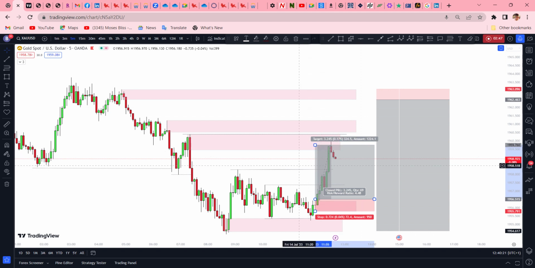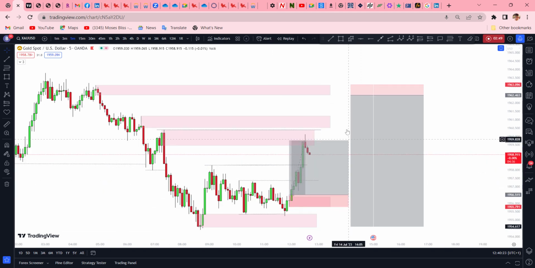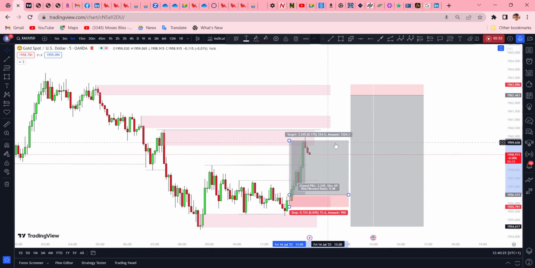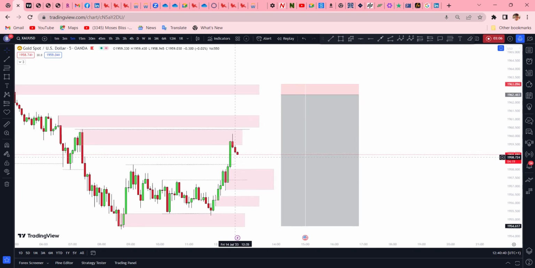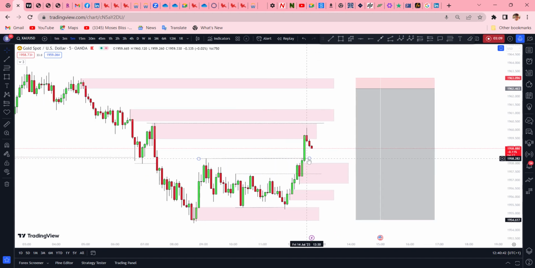So if you respect it and comes down to this point, so this was the cause of, okay, let me just delete this so you see clearly what I'm talking about. This was the cause of this break of structure. So now our entry is going to be off this candle, and when market comes there and mitigates off this candle and heads up. So I'm hoping to see market head up to this point first, second. But when looking at this, imagine that we're entering here. This is about risk I'm taking.